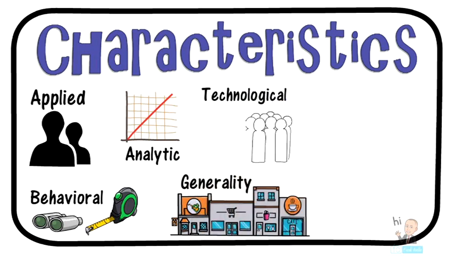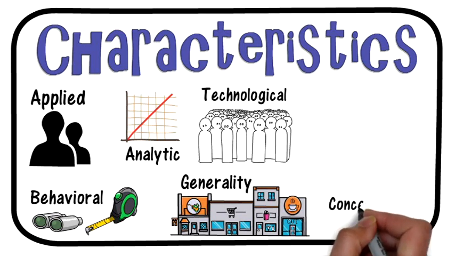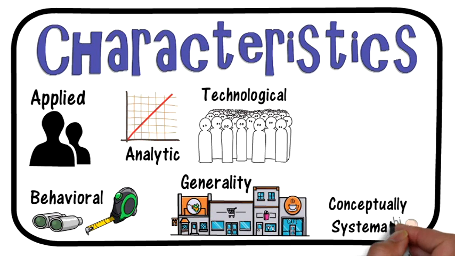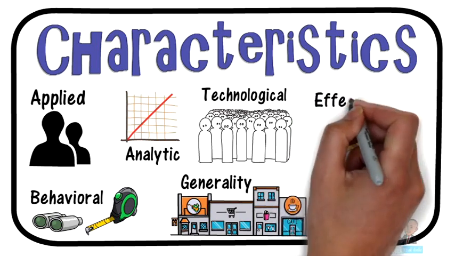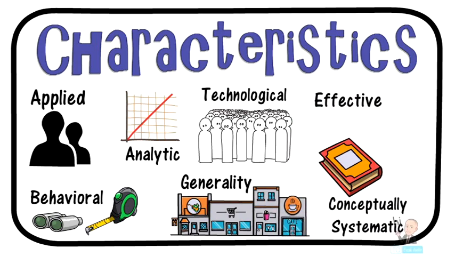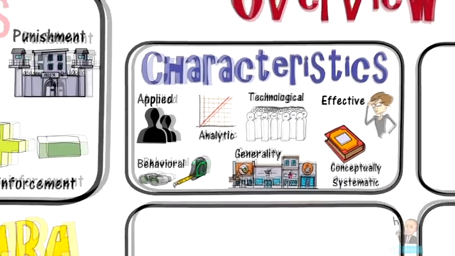Technological, described in a way that most researchers can understand how it is written. And next, conceptually systematic, so that the field is based on common behavioral principles. And lastly, it should be effective. The children are seeing actual results of ABA. The next section is